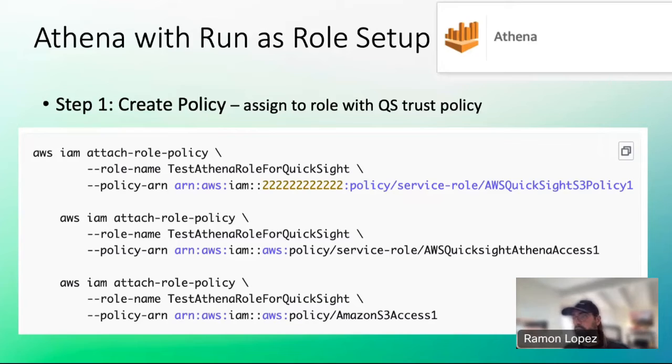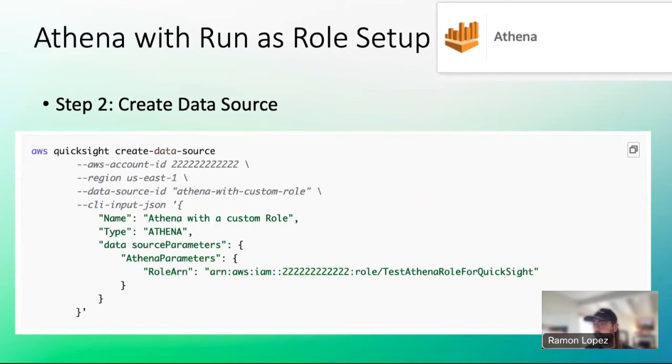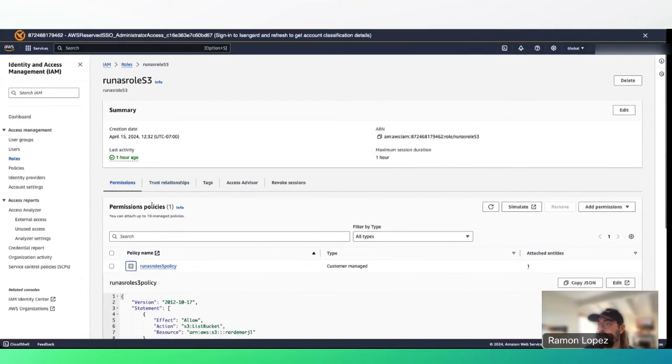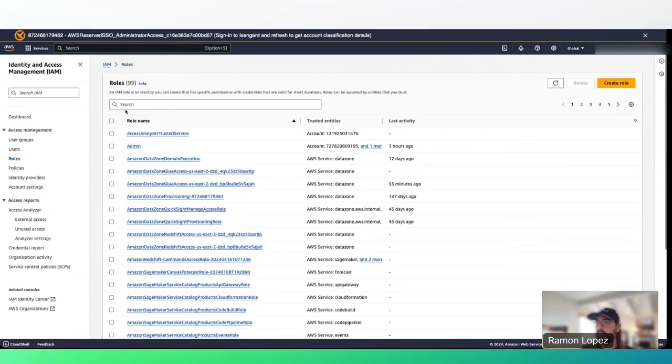So those are the different steps on the setup. In my case, I have Lake Formation in place, so I've got to make sure that the role that I create not only can access Athena, not only can access S3, but can also access via Lake Formation. And now with this role in place, just like S3, I go ahead and create that data source. Taking a look in the console, I'll look for that role that I've created